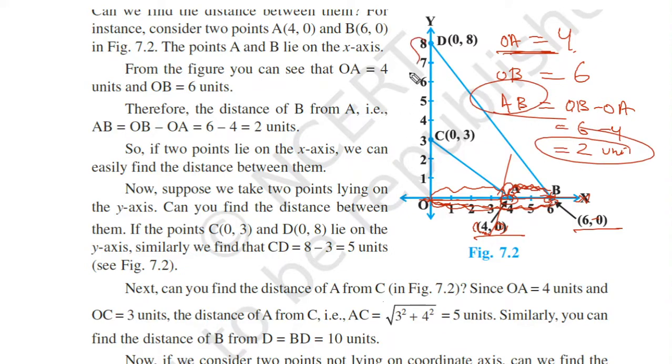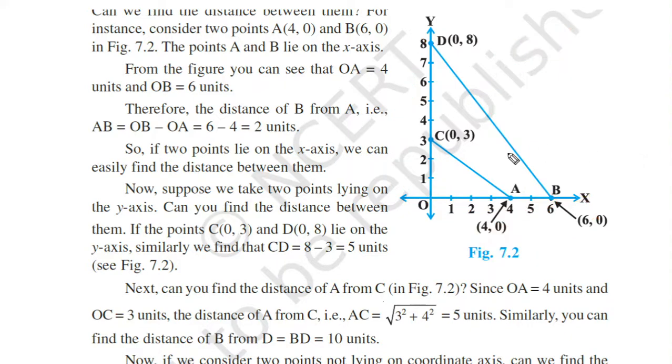Now similarly we will move to the y axis. Here you can see the same things. There is a point C whose coordinates are 0, 3. The x coordinate is 0 because it is on the y axis. So here you can find the length of OC. Clearly you can see this is 3 units, because it is the y axis and the y coordinate is 3. Otherwise you can count it. The best way is to be a little smart and find the y coordinate. Okay, so OC is 3.